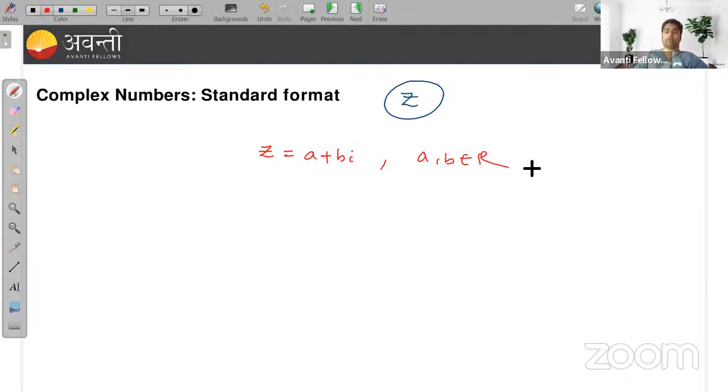Remember, the standard form of a complex number is this, and it is denoted by Z,